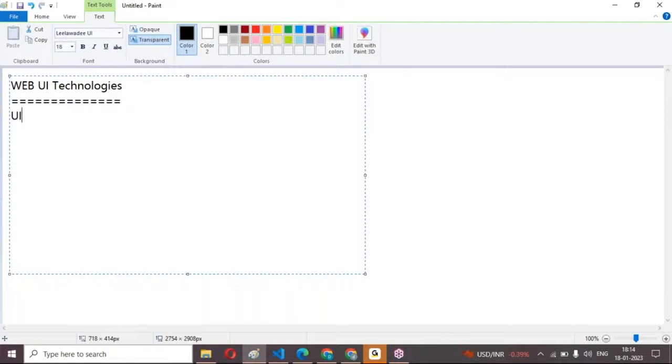Here UI is user interface. User interactive page: this user interactive page we can create with our program, and that is possible by this UI programming. Using this UI programming, we are going to